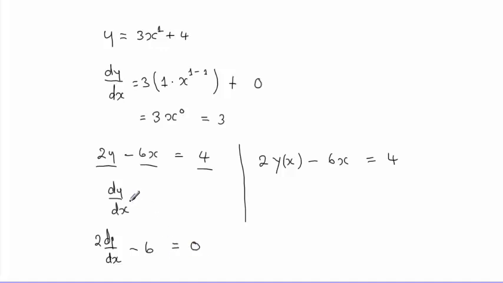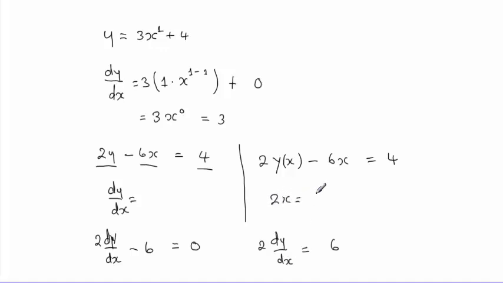So now remember, our target is to get dy/dx. And here we've got an equation which has dy/dx as an unknown. Then we solve for that unknown. So what we're going to get here, we add 6 on both sides, then we get 2 dy/dx equals 6. And as you can see now, we've got almost a standard equation